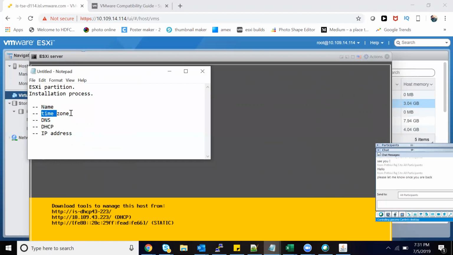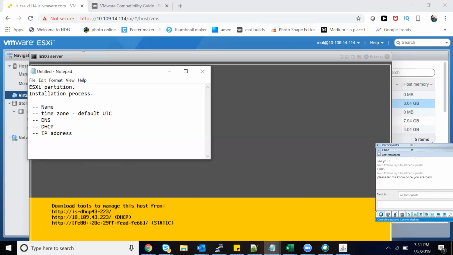Go ahead. Time zone, when you say it, I'm just curious to know. Suppose the hardware is physically located in India, but getting accessed by the customer from US. So you set the time zone to the US time zone.